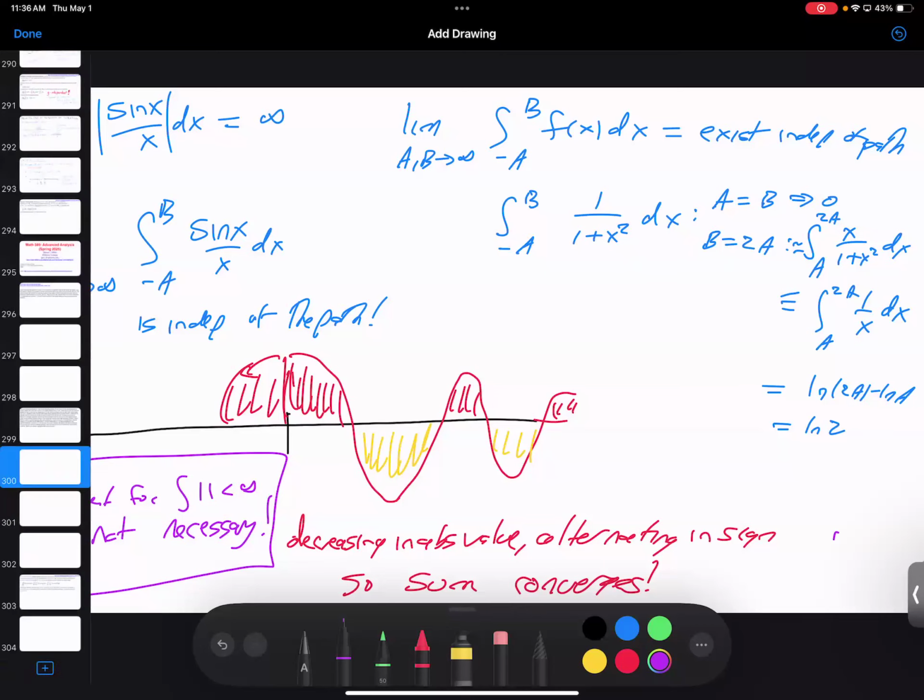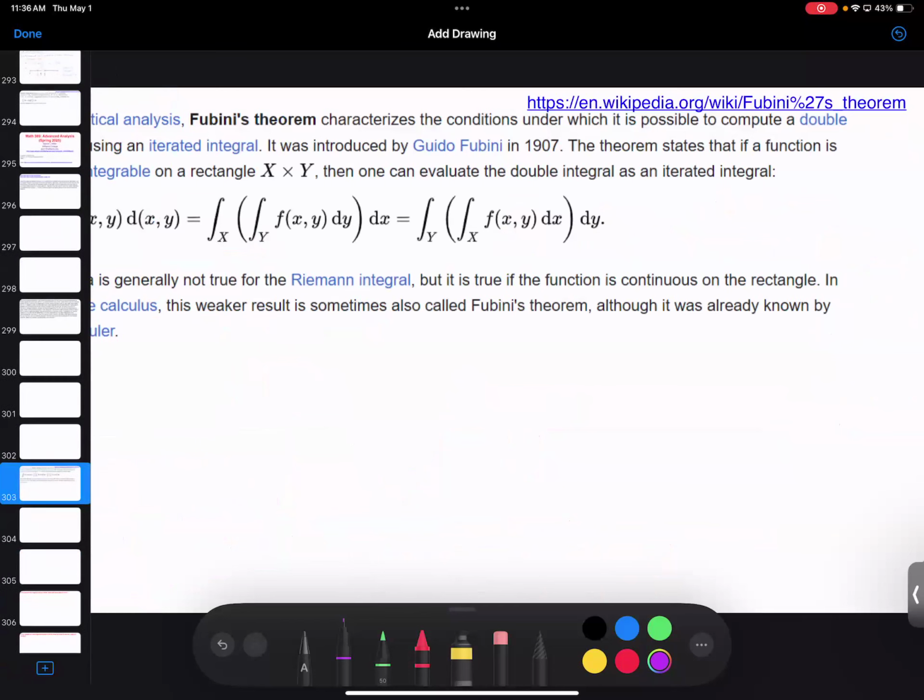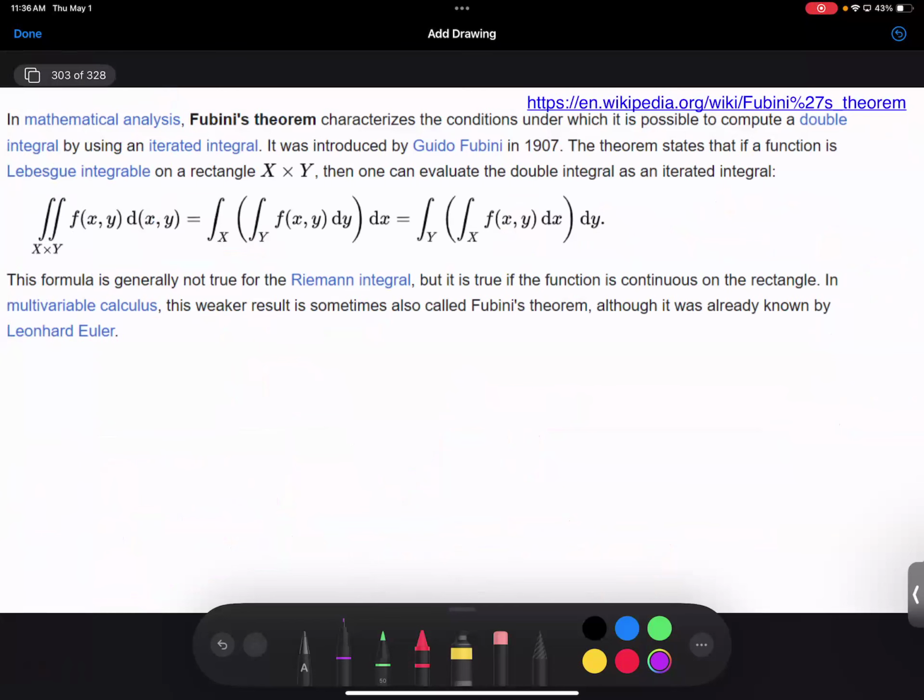Okay, so let's start looking at some interesting possibilities. Just so it's stated here, Fubini's theorem, which we've looked at before: I can switch the orders of integration of f of x, y if the double integral of the absolute value is finite. And again, that may not be the weakest condition under which things are true. I'm sure we could take the example we just came up with and smear it out so that things would be fine, and the integral of the absolute value would be infinite.